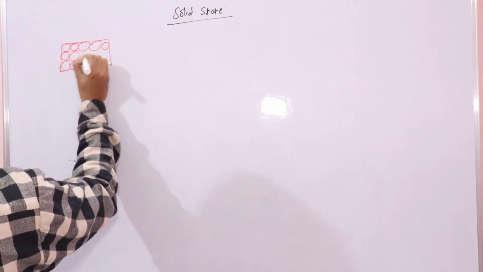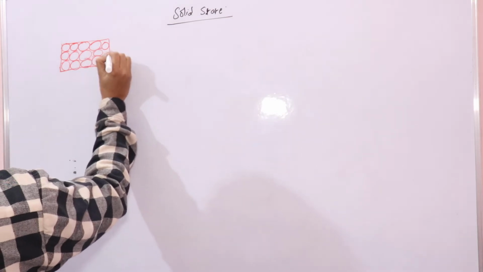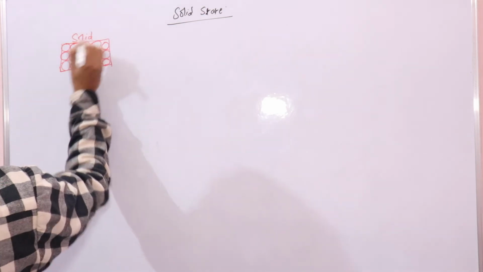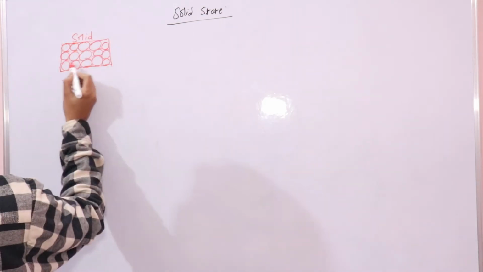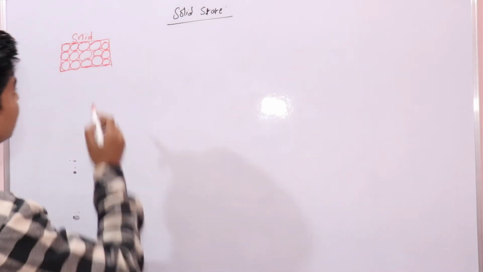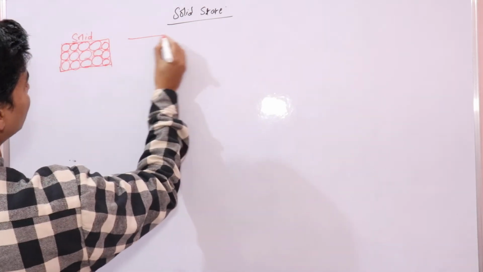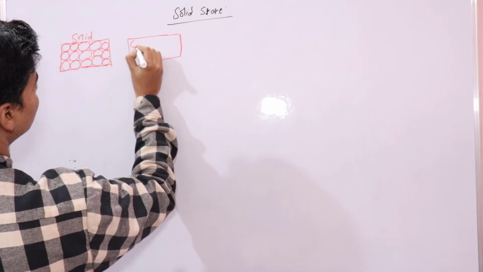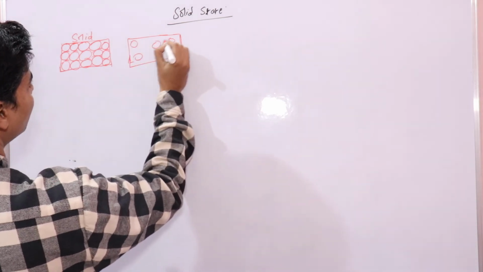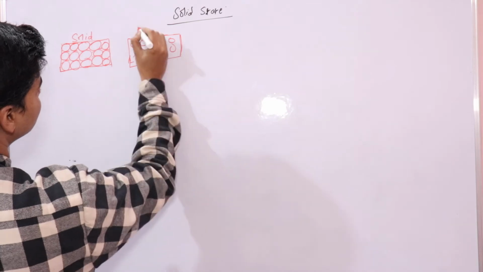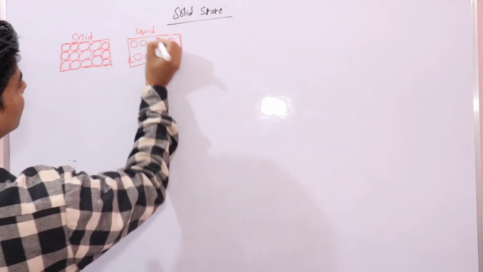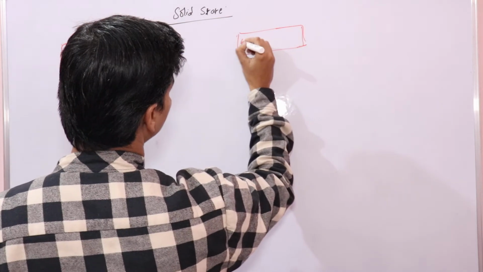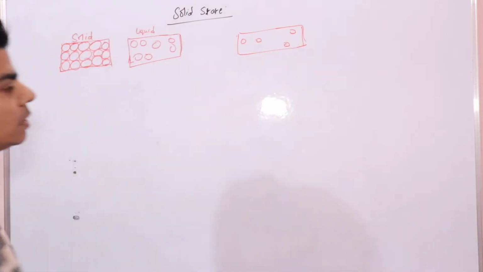So this is how particles are arranged in solids. This type of arrangement, where the constituent particles are close to one another, represents the solid state. Now let's talk about liquid, how these constituent particles look in liquid. In liquid, this is how the constituent particles are arranged. This is your liquid. And if we talk about gas, in gases the particles are far away from one another.